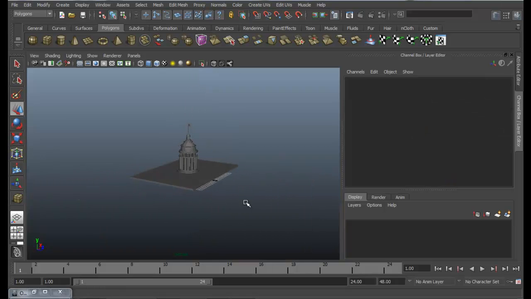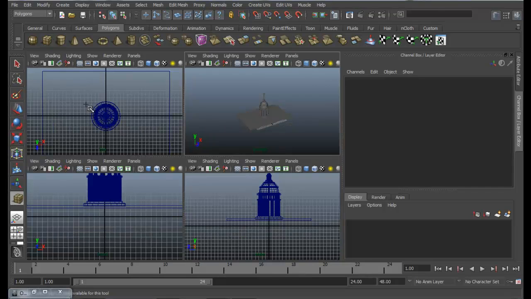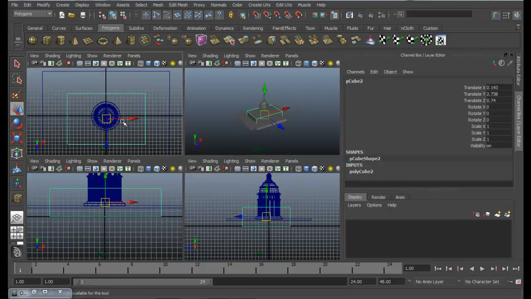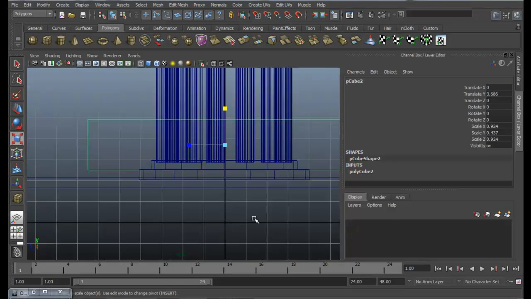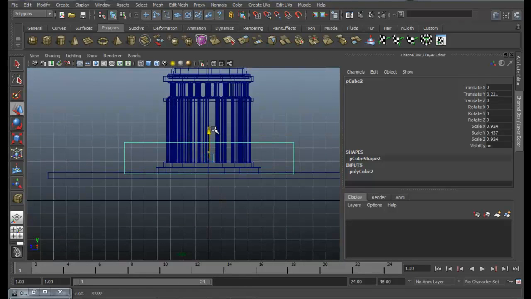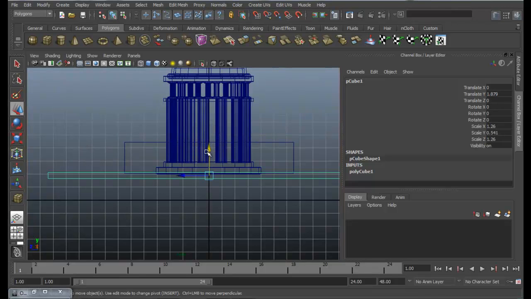We're going to create one more box, but this time a smaller one. Snap to grids, scale it a little down. I think we need to position it in proper place, and move.